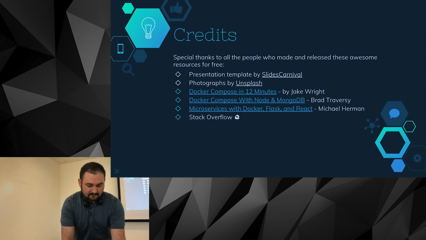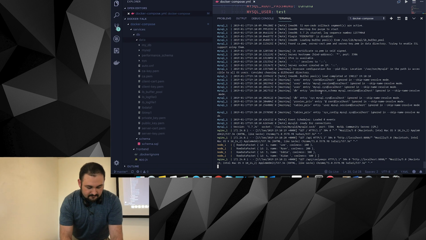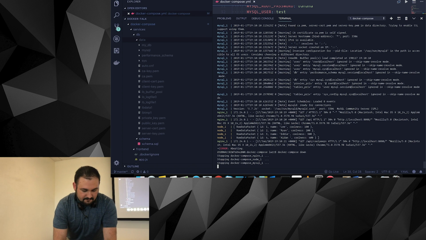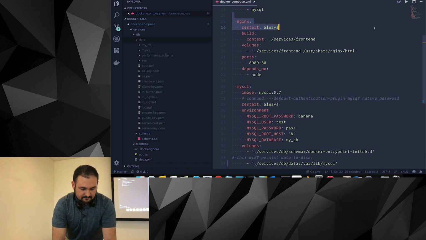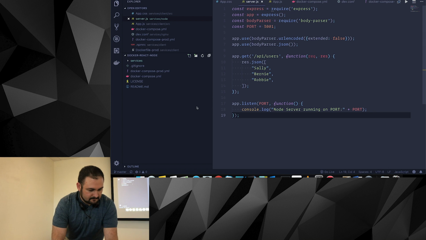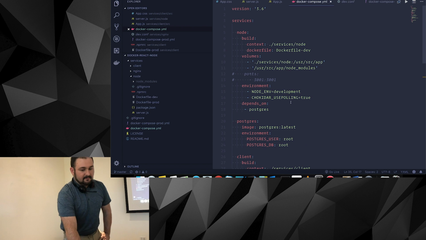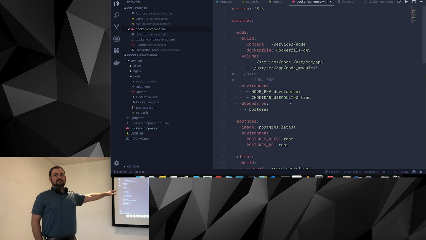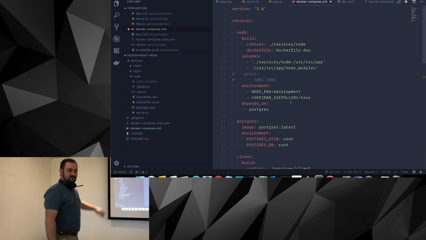So we'll go ahead and run this real quick. Here we've got our development stuff on the regular Docker Compose, and then our production version is on this Docker Compose prod file. And then also each service has its own